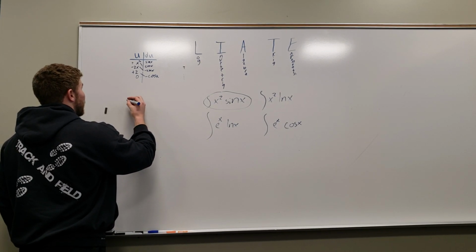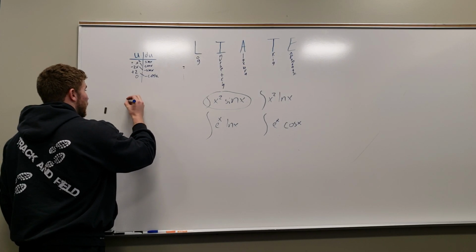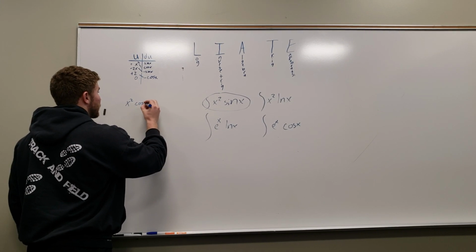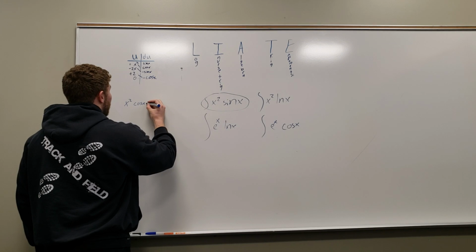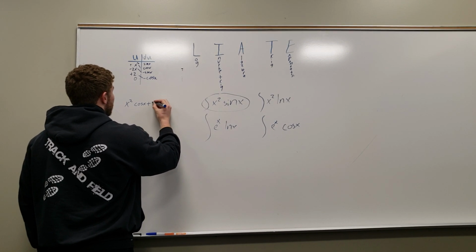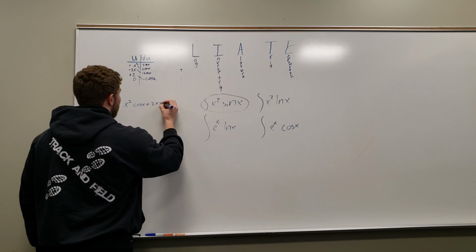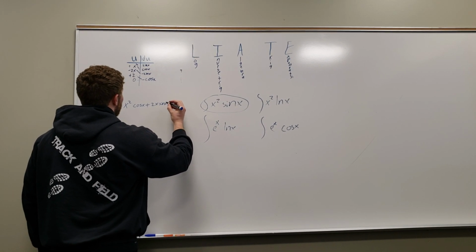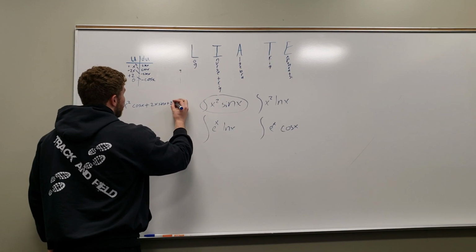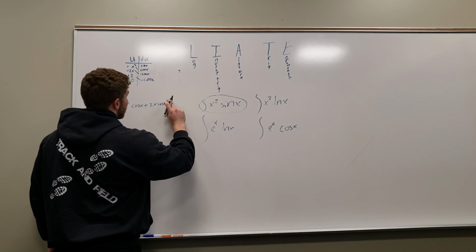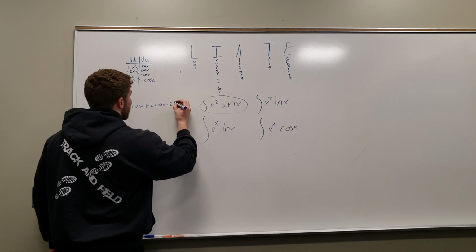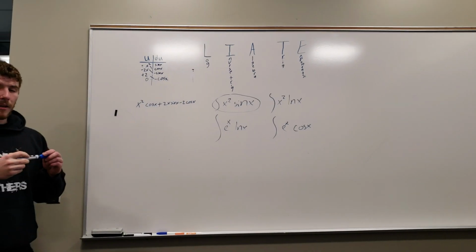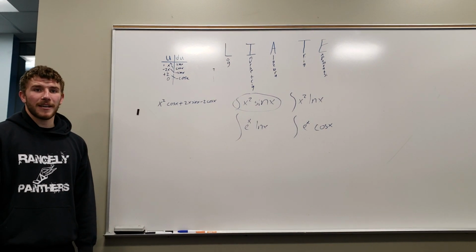And when you start plugging that in, it becomes negative x squared cosine x plus 2x sine x plus 2 or minus 2 cosine x. And that's how the LIATE method